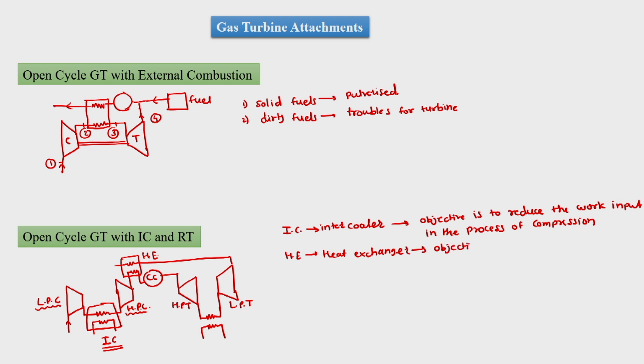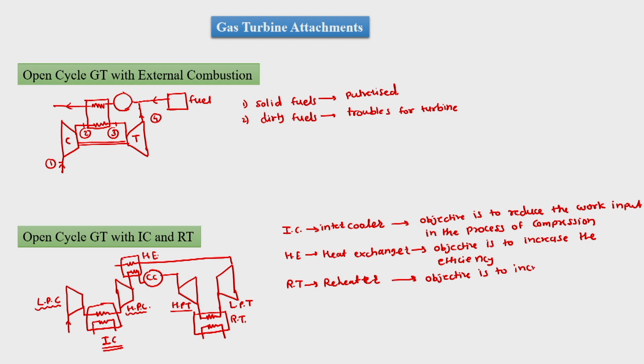The objective is to increase the efficiency of the cycle, and then the air will go to the combustion chamber, and from the combustion chamber it will get heat, and then we will have air which is coming to the high pressure turbine. After the high pressure turbine expansion, air will get heated either using an external heater or maybe using combustion, and that heater is called RT. So it is called a reheater, and the objective is to increase the power output